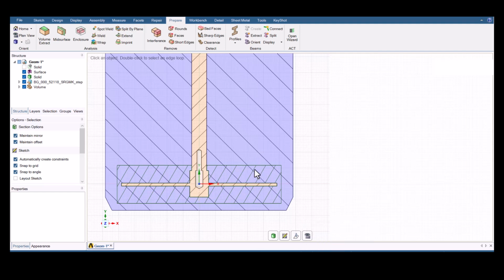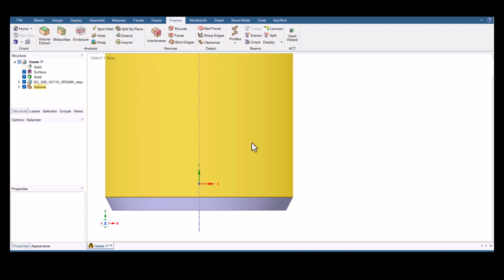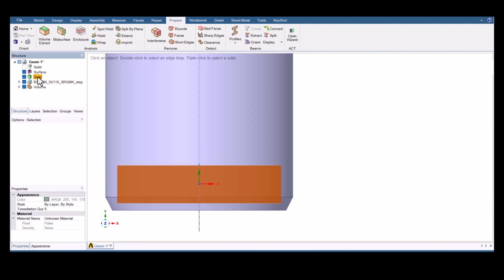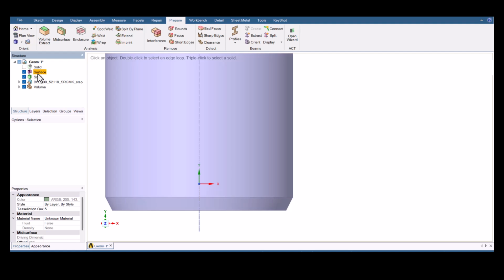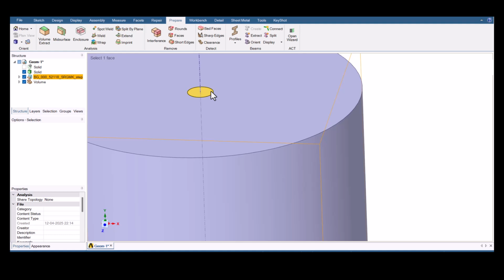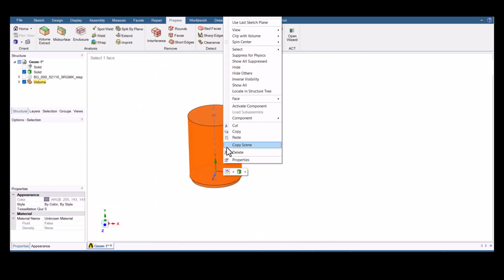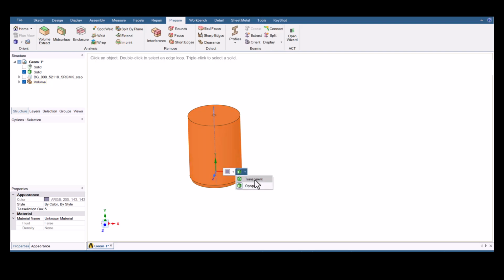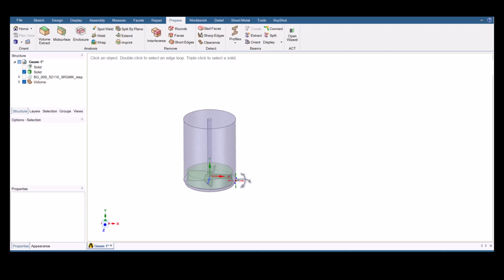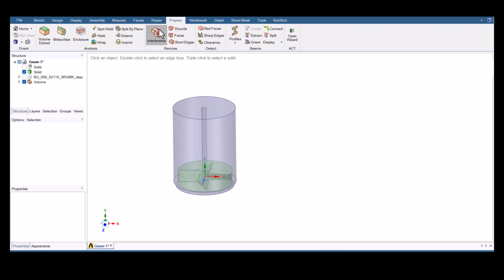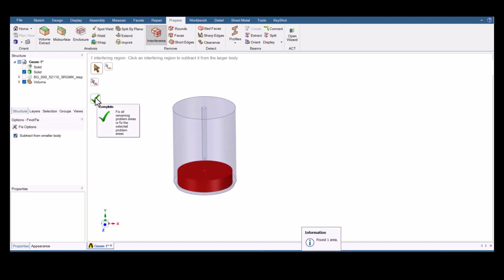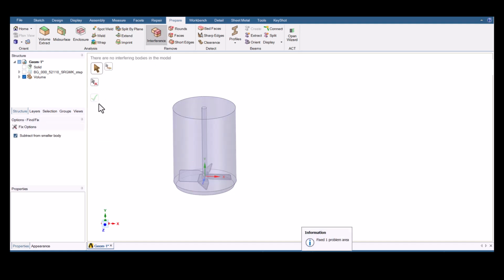So they should not interfere. So first of all, I will hide the blade. Okay. I will make it transparent for easier to view. Okay. And now I will again click on interference. So once this is completed,